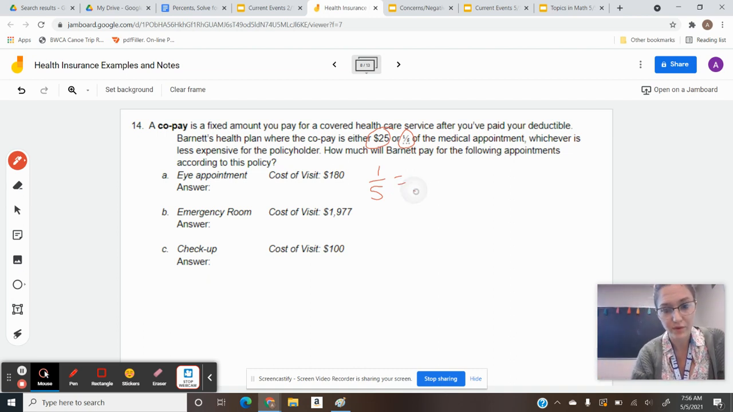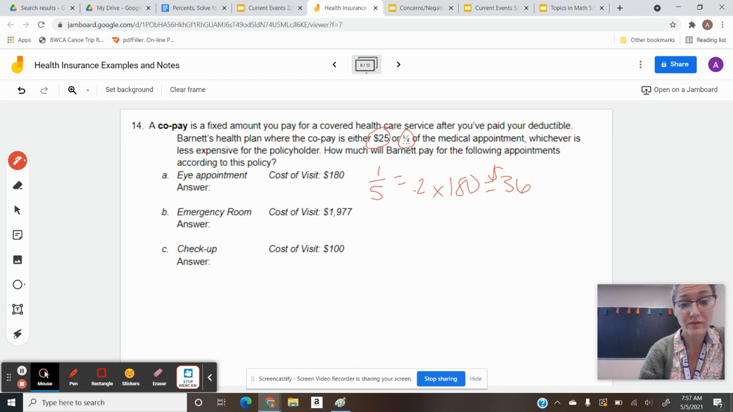1/5 equals 0.2. In other words, that would be 20%. Now we're going to take that 0.2 times 180. And when we do that, we get $36. Okay. So that's how much it'd be if he paid 1/5, if his copay was 1/5 of the medical appointment,